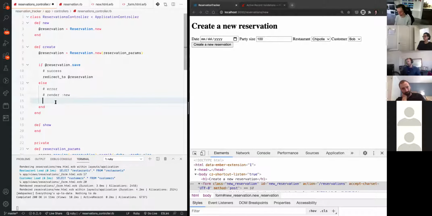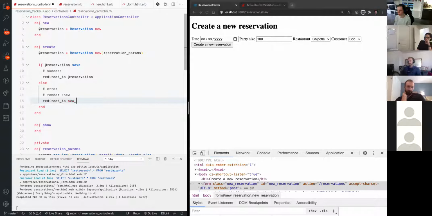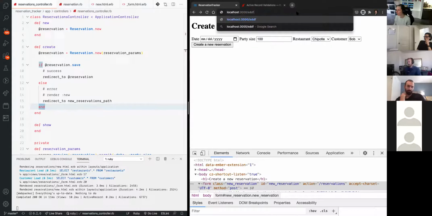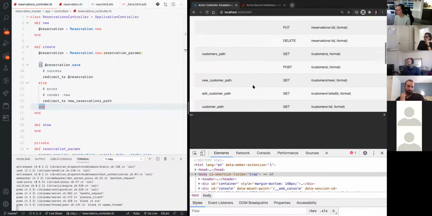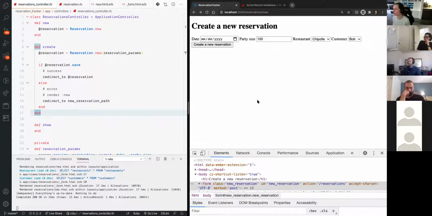But the one problem with that is, so let's go ahead and do that. Redirect to new reservations path. Yeah, is that right? Let's check this out. So our new reservation. Okay, so a new reservation path should take us to this exact page with the correct URL. The problem obviously is with the HTTP